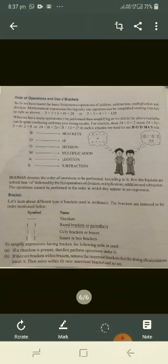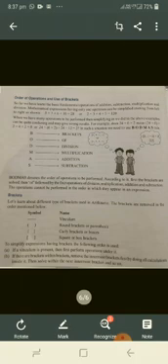Next one, you know about mathematical expression. See, for example, 5 plus 7 plus 3 plus 6 plus 10, 28. If you get in that expression only one fundamental operation, that is plus, you can do easily. Next one, 2 into 3 into 4 into 5. If you multiply, you will get 120. That is also one mathematical expression. In that only one fundamental operation, into, they have given. You can do easily.